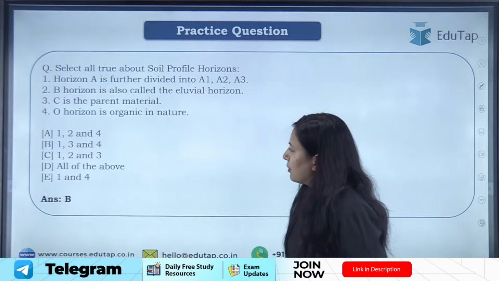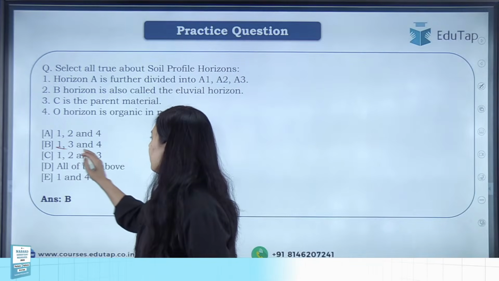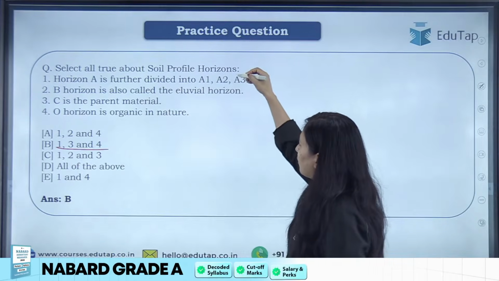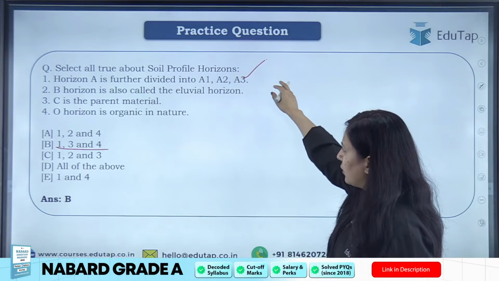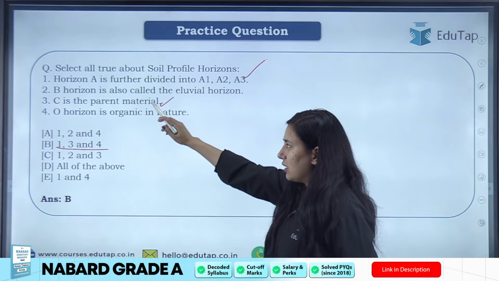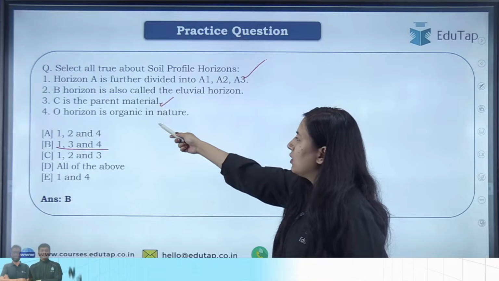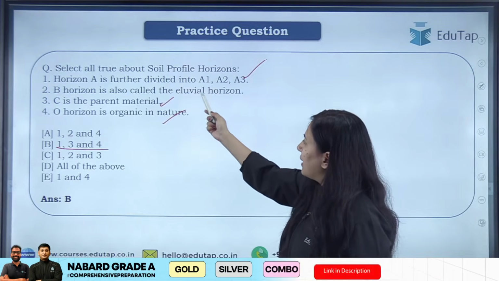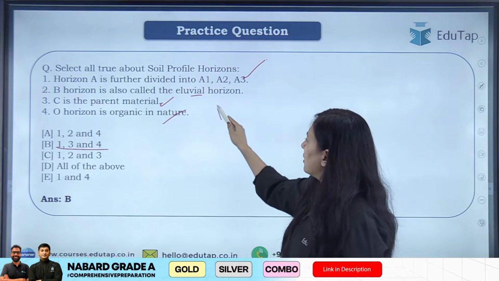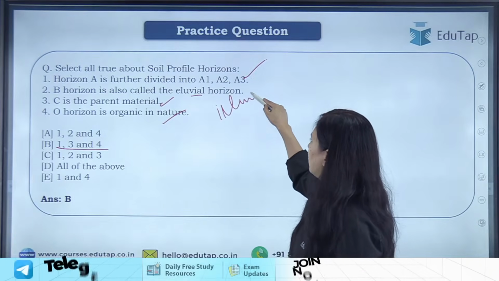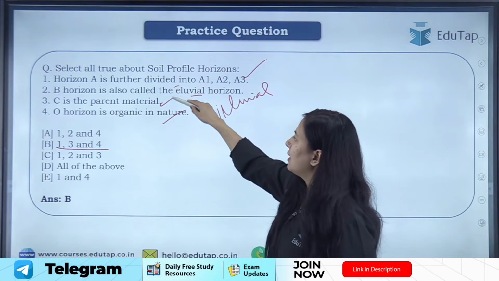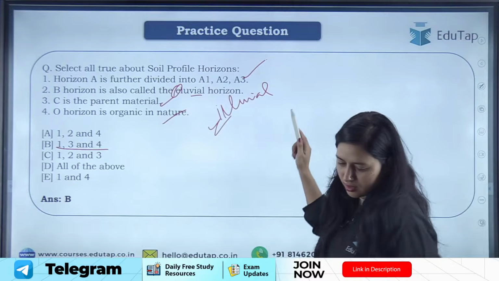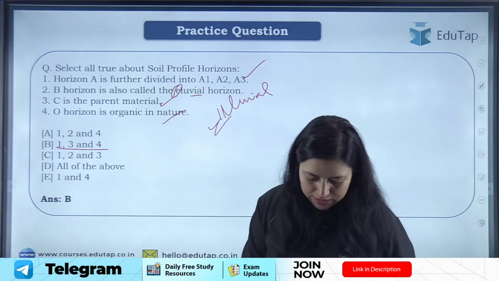So answer here will be option B, students. 1, 3 and 4. ठीक है, I have told you A horizon is divided into A1, A2, A3. C is called parent material. O is organic in nature, but B is not alluvial. It is illuvial horizon. ठीक है, not E वाला alluvial, I वाला illuvial horizon. Clear? ठीक है,